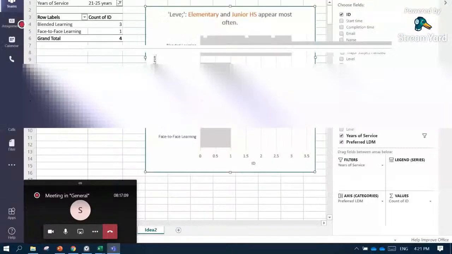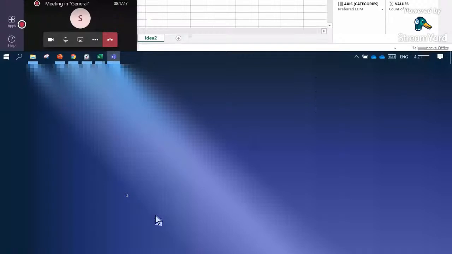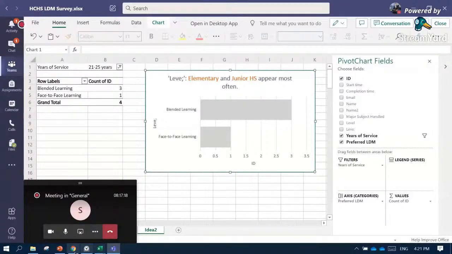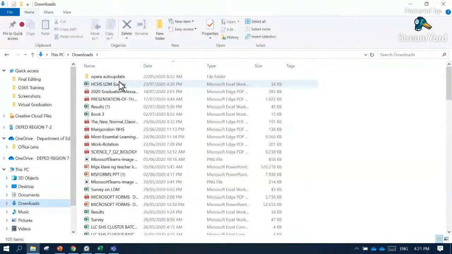You will download this workbook to utilize slicers using the desktop application. It is already downloaded. Let me check in my downloads. There, I have already the HCHS LDM survey.